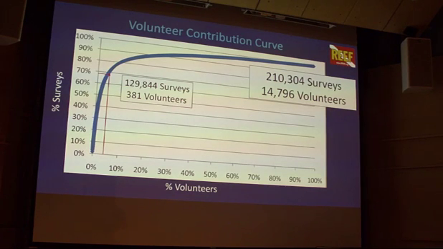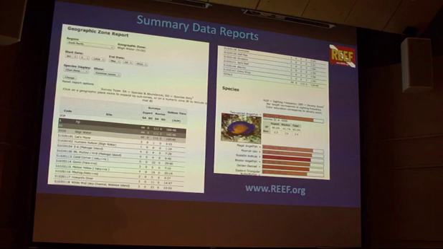I think it's great because we've introduced about 15,000 people to what it's like to collect data and enter data and look at the underwater world in a different way. But really, the majority of our data are coming from a pretty small group of very skilled natural quasi-field biologists. They might have been realtors or lawyers or teachers in their other life, but they've become really skilled in the field.